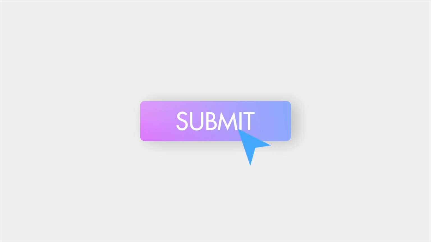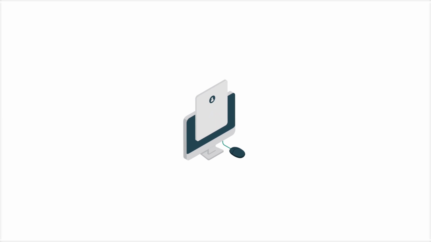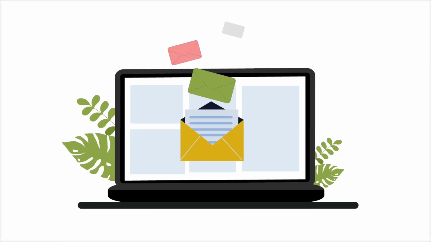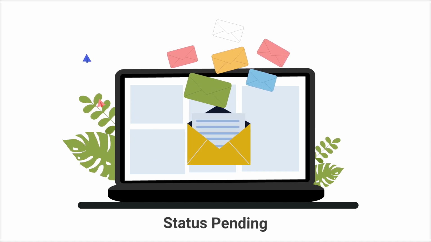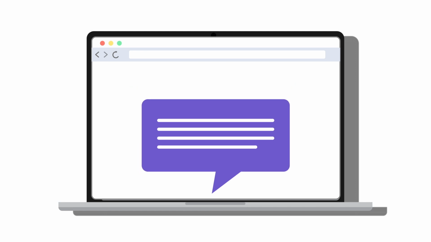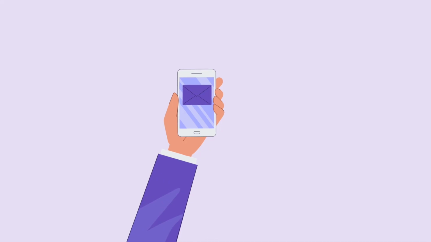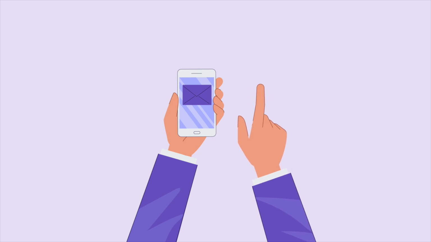Once an equipment booking request is submitted, a unique 10-digit facility booking record FBR number will be generated with status set to pending and shared with the relevant custodians, including the assigned operator and the user via email. User will also receive the same information through text message on their registered mobile number.